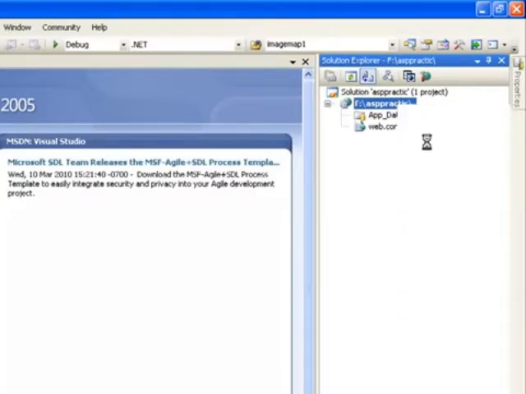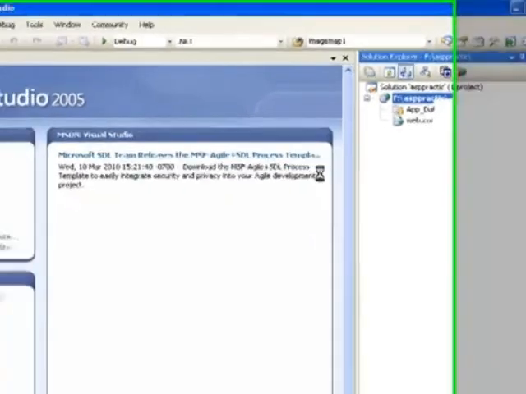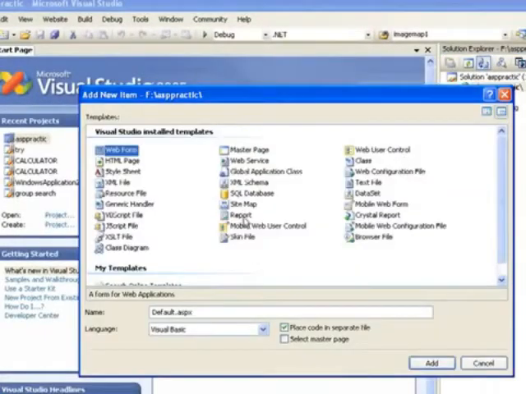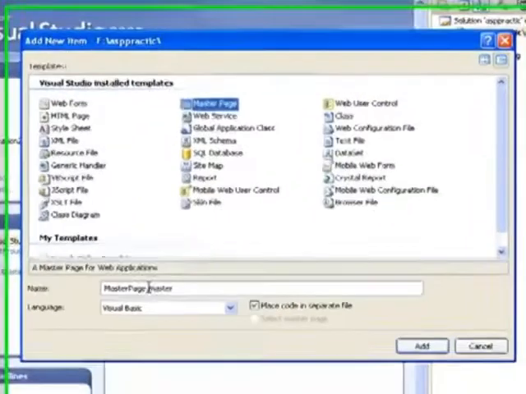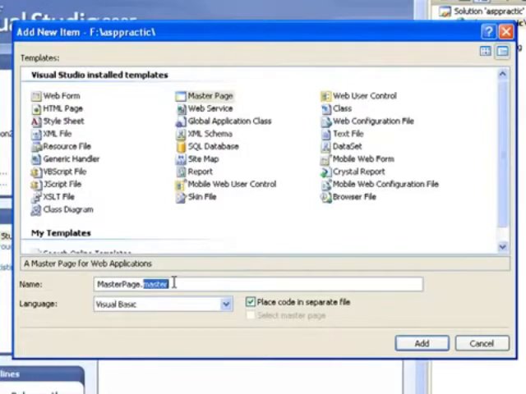In Add New Item, I go to that particular part, which always displays the difference between an MDI parent, MDI form, master form and web form. This is my master web page. The extension is .master. You can clearly understand, you can see on your video also, master. And this is my transaction web page where the extension is .aspx. First I have to select a master page. So the master page is there.